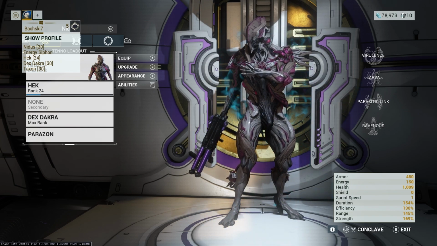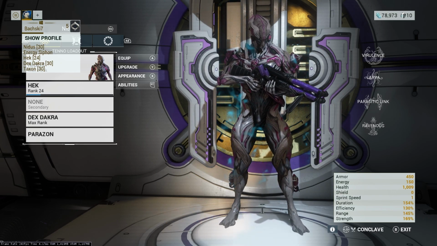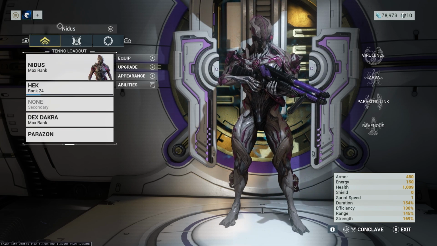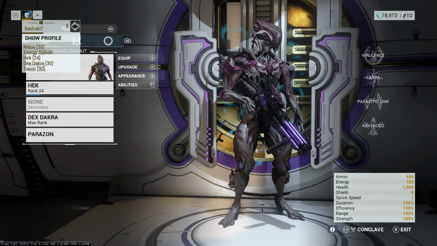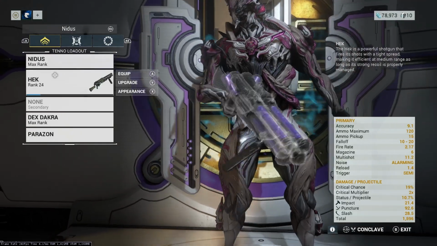Right now, I am at mastery rank 5. People might also say MR, or what's your rank, or what's your mastery, right? So I am MR 5. What this means is that you are locked to a certain set of items that you can use. If you take a look at our weapons,